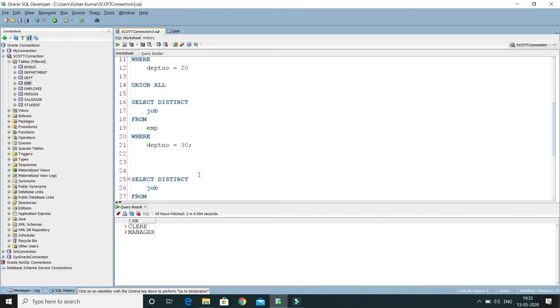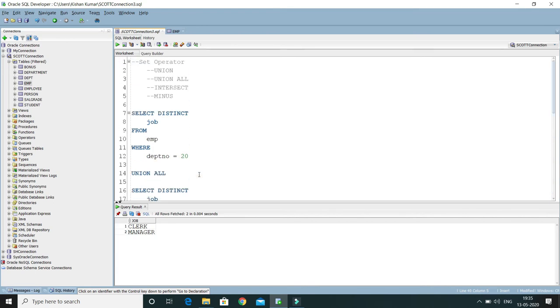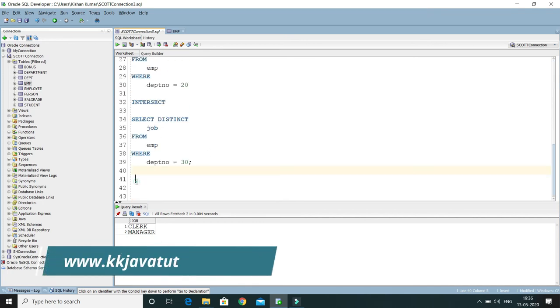Now let's see what's next: minus. The minus operator returns the rows unique to the first query. This can be seen in the following example. Let's say I would like to fetch the list of jobs unique to department 20. How can we do that? Very simple.